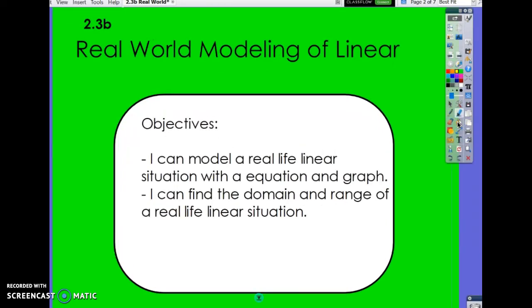2.3b is about real-world modeling of linear situations. So essentially, we're going to look at word problems. We're still going to write an equation. We're going to define our domain and range, and then we're going to take it a step farther by graphing